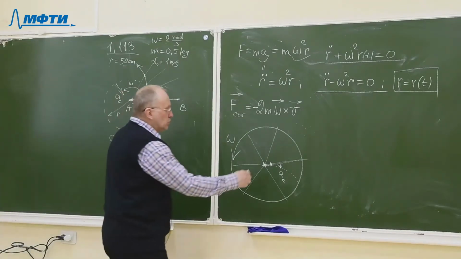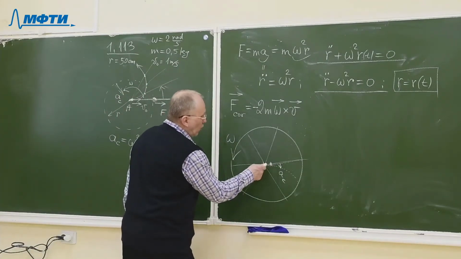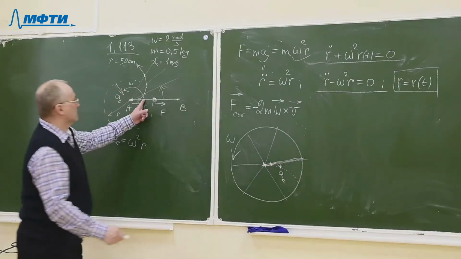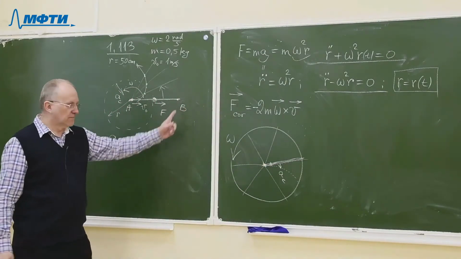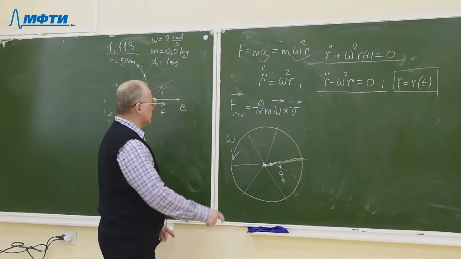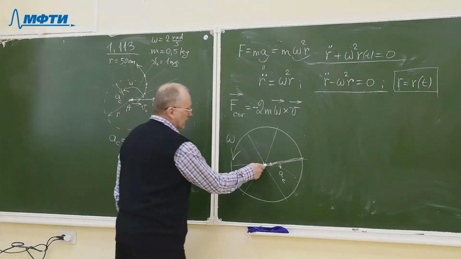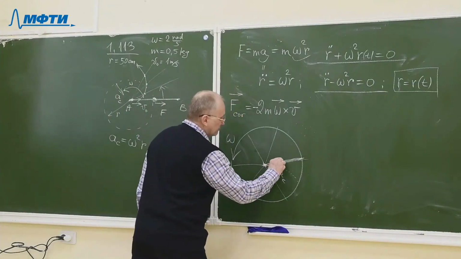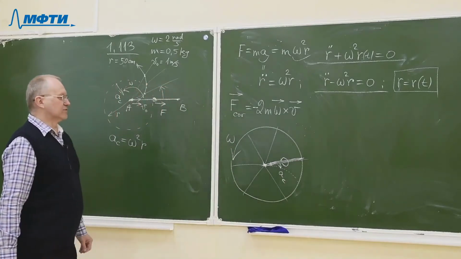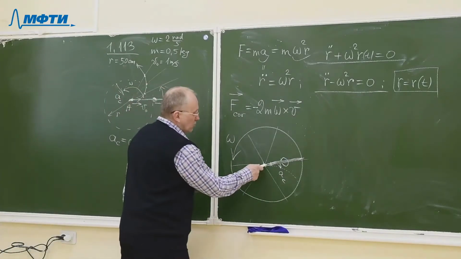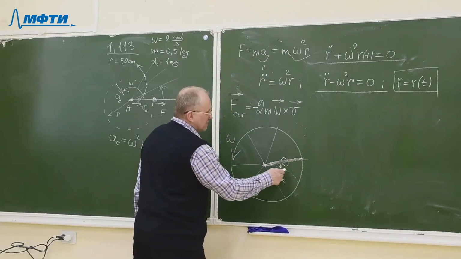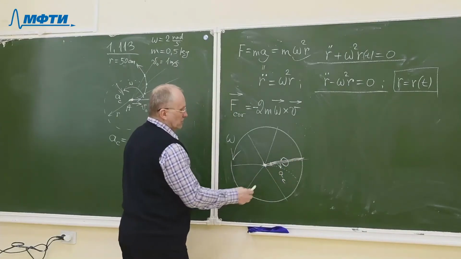And in order to force this object to move along the straight line, like here, along the rod, you have to apply some force to this object. You can repeat the same experiment. You can have a rod and a small sleeve or a ring which can slide along the rod. Then, in order to force this object to go along the straight line, you must apply some force in order to